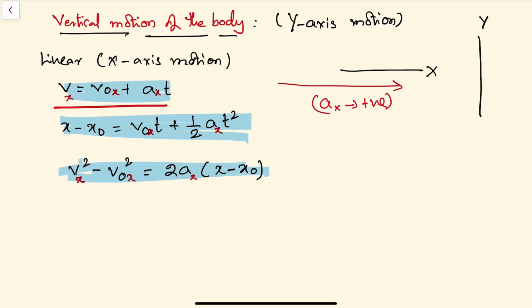Many textbooks give different notations, don't be confused with that. If you follow one convention, that should be continued and followed for all the problems. Don't apply a particular convention of a is equal to plus g or minus g to a particular situation. Let us go with one method, then that can be applicable. You can understand well.